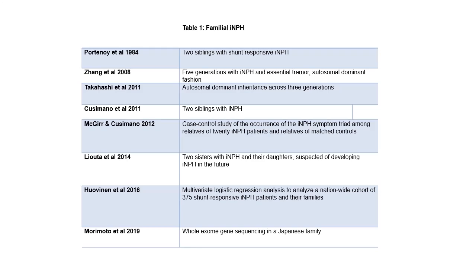In 2014, a similar report of 2 sisters after the age of 70 with INPH was identified by Luita et al. Interestingly, both of these patients had daughters who developed urinary incontinence, and findings on MRI consistent with INPH after the age of 40. Magir and Cusimano reported a well-characterized case of familial INPH and conducted a case control study